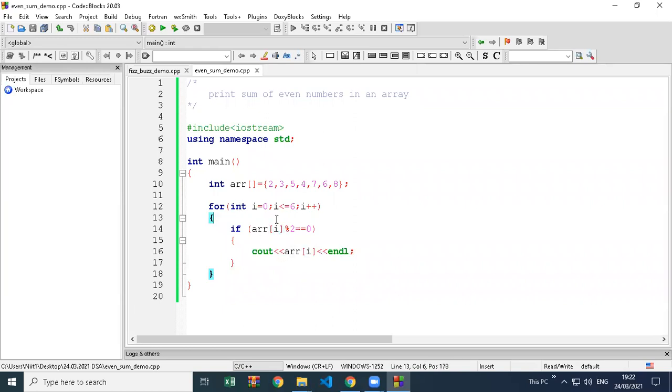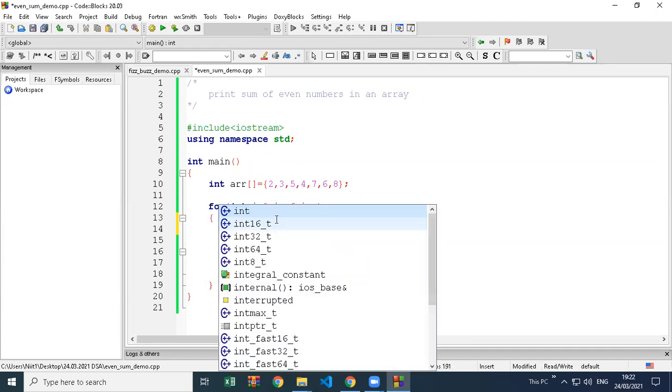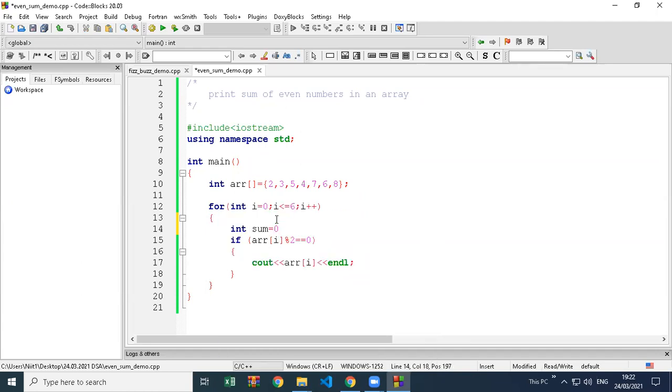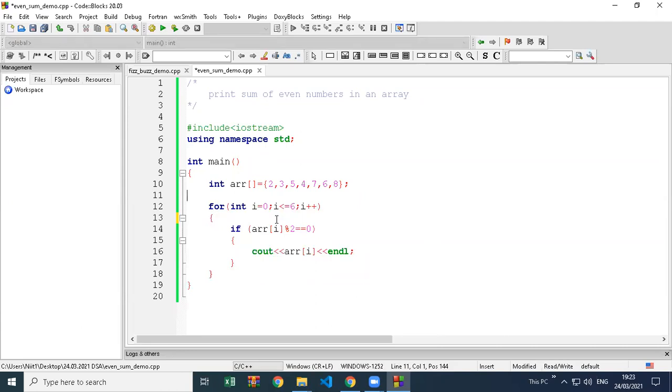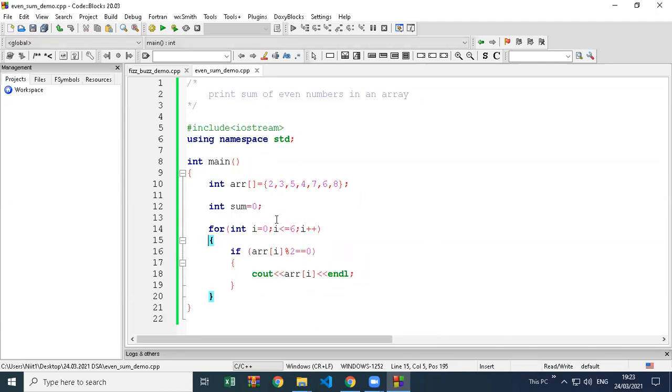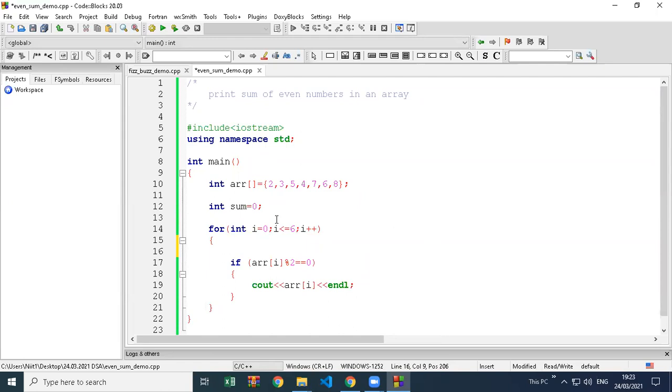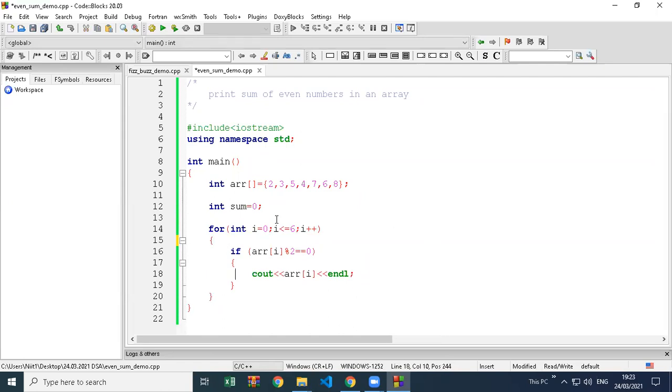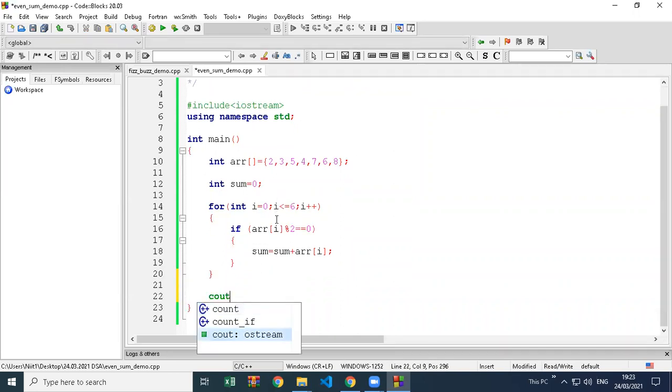So you have to add a sum logic. I will add directly here sum equal to 0. We have used the sum logic before, I think 2 times, and in the factorial loop also we used the same. I think in the notes demo we used this just recently. Sum equal to sum plus ARR of I. And then after the for loop, print your sum of even numbers.